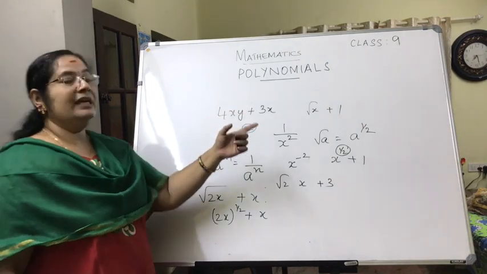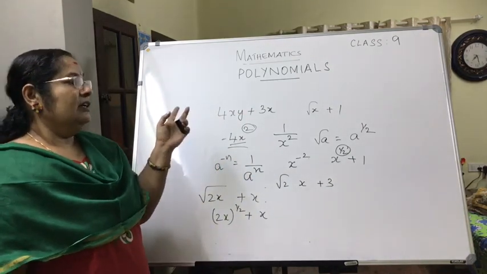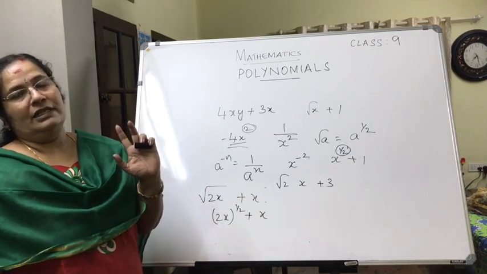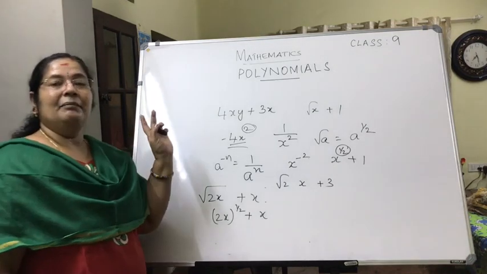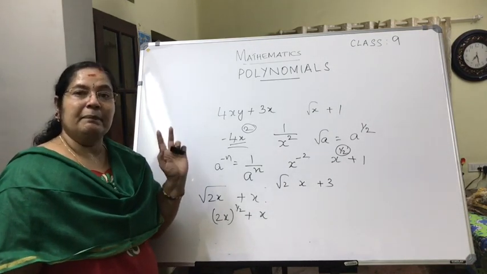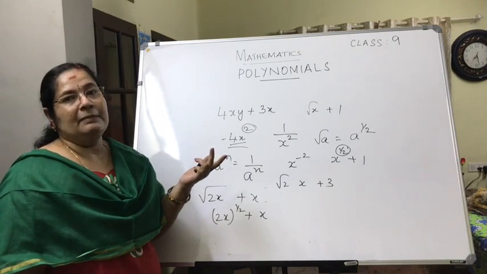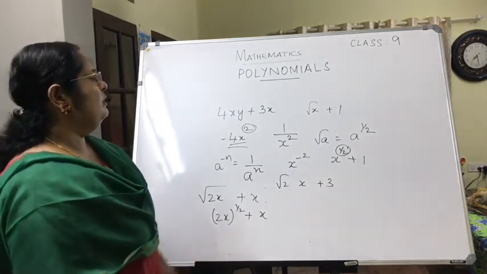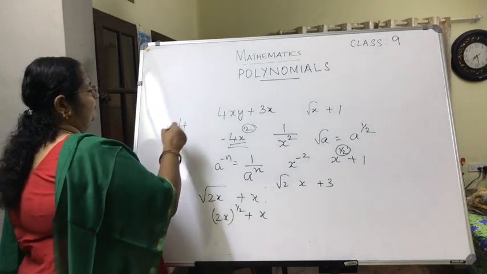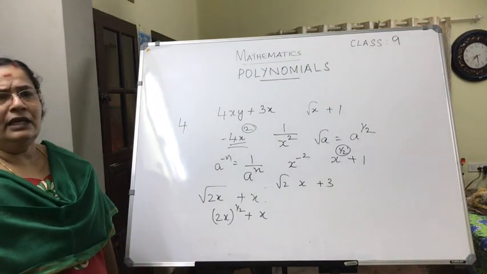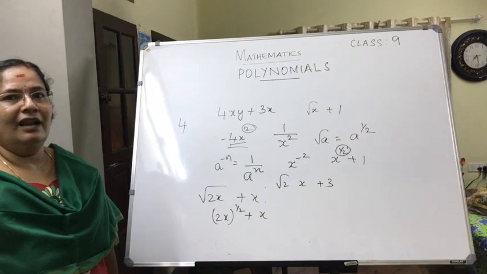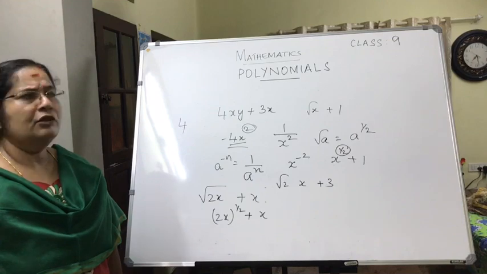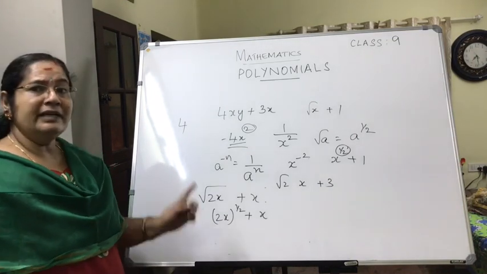So understood how we can differentiate an expression by whether it is a polynomial or not. Is it clear? A polynomial is a mathematical expression where the power of the variable is a positive integer, or you can even say a whole number. Now supposing I write, say, 4. Is 4 a polynomial? It is only a number. There is no variable over there. So you may think it is not a polynomial. But it is a polynomial.